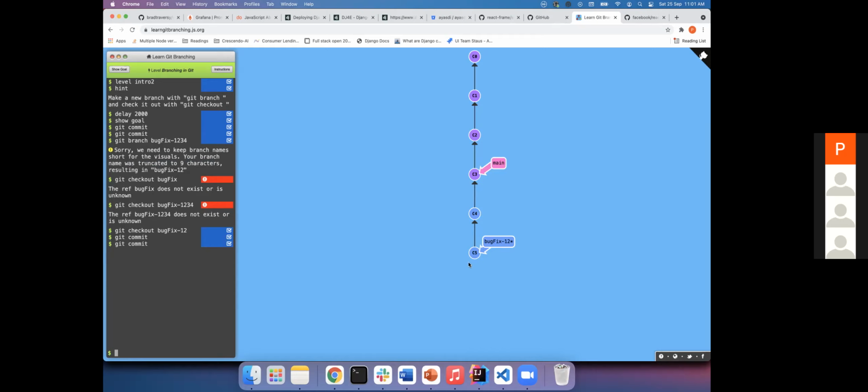Do you see that? The animation, if you see, your main is stopped at C3, but your bug fix started from C4 and C5. So what does it imply, right? You are taking your latest master branch and you are trying to add a new feature. So you are creating a separate branch and adding functionality on top of it. This will stay in the same place. You add new features and functionality and test. That means you take the entire code and you create a separate branch.